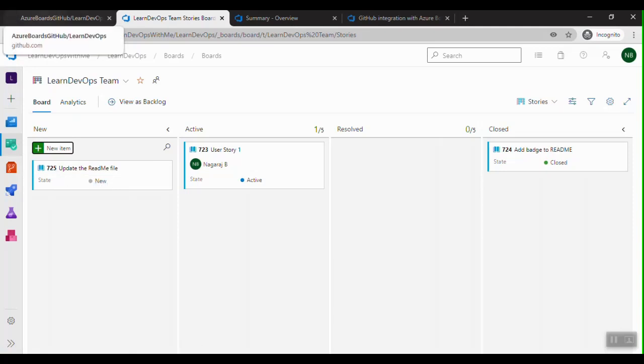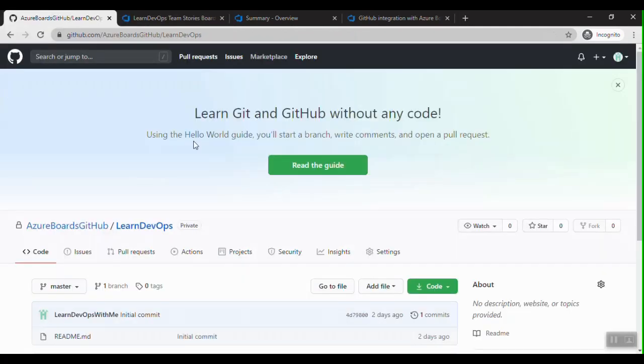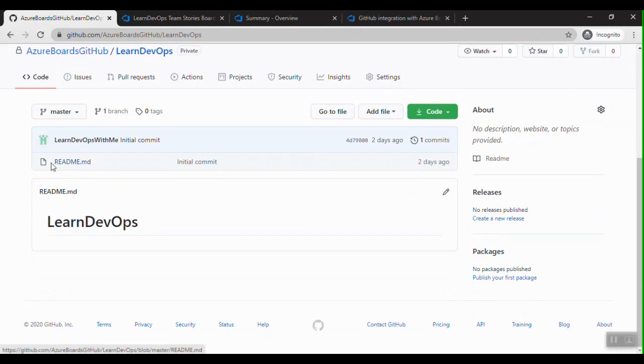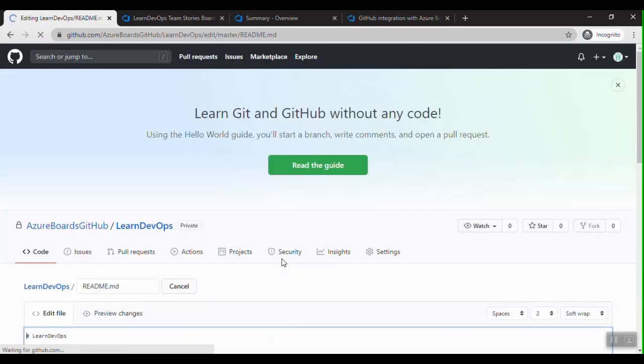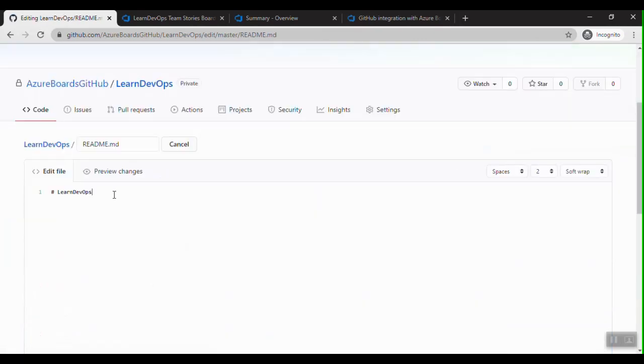Let me go to the GitHub repo now, and here is the readme file. Let me edit the readme file, and let us just write a comment here.